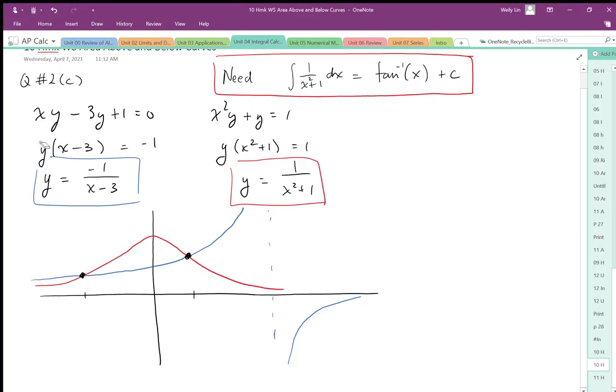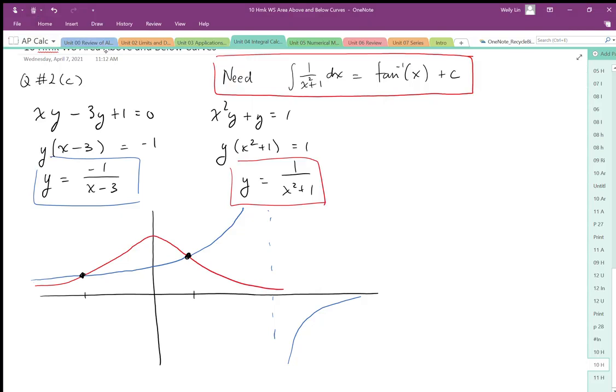So factoring the y, we can solve for y like this. We get negative 1 over x minus 3. Factoring the y here, we get 1 over x squared plus 1. And once we establish those two functions, we can sketch them. So the red function is drawn in red, the blue one is drawn in blue, and we need to establish